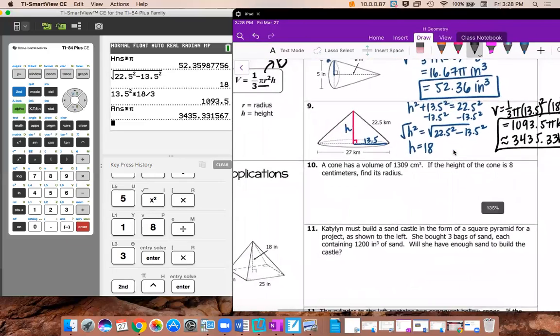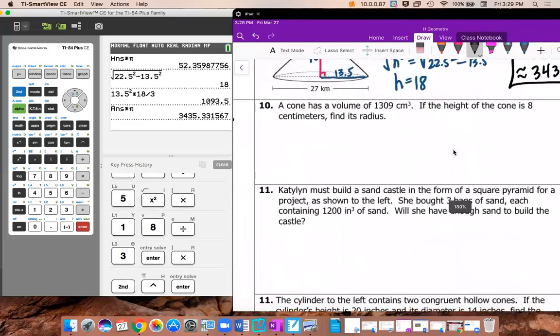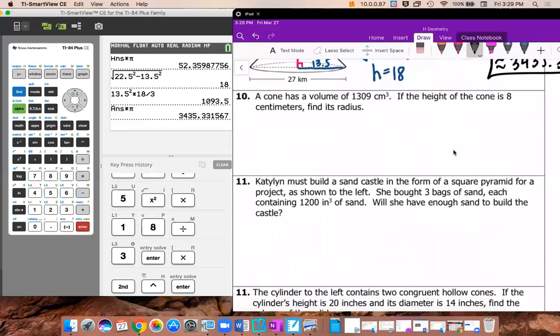Okay, these last ones are our application or our working backwards kind of word problems. So number 10 says a cone has a volume of 1,309 centimeters cubed. If the height of the cone is 8, find its radius. Okay, so we know the volume formula is 1/3 pi r squared times the height. So we're just going to plug in everything that we know. So volume is 1,309. 1/3 stays the same, pi stays the same. We don't know the radius, so that's going to stay radius squared, and then it's going to be multiplied by 8